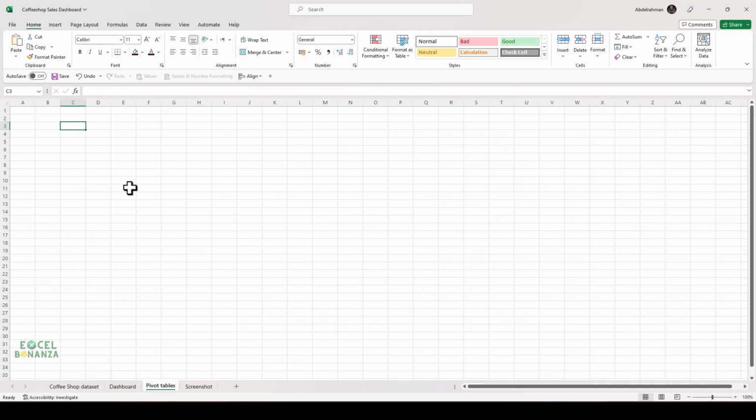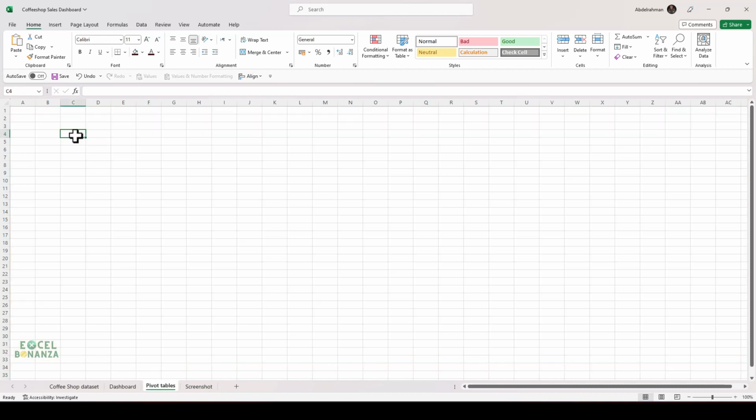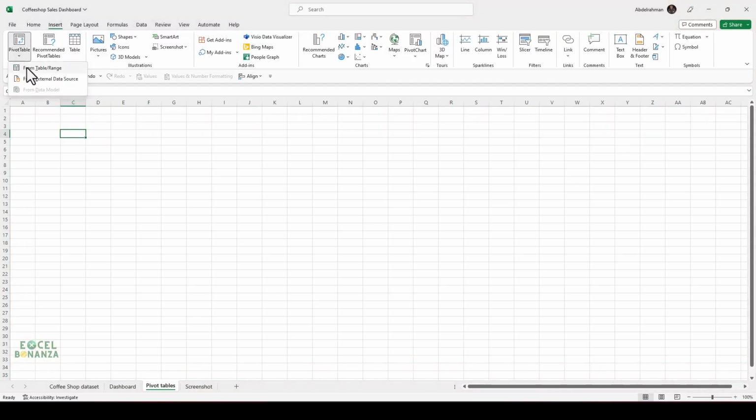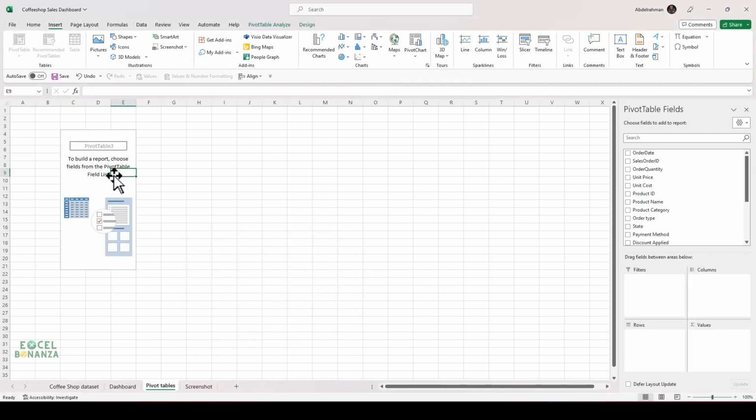And then here on the pivot tables worksheet, we're going to insert a pivot table, and we're going to start by inserting the pivot table for the top 10 selling products. So I'm going to insert a new pivot table from a table or range, and it's going to be inserted from TBL sales, and it's going to be in the existing worksheet, which is the pivot tables worksheet in cell C4. That's okay. Let's click OK here, and as you can notice, now we have the pivot table inserted here,